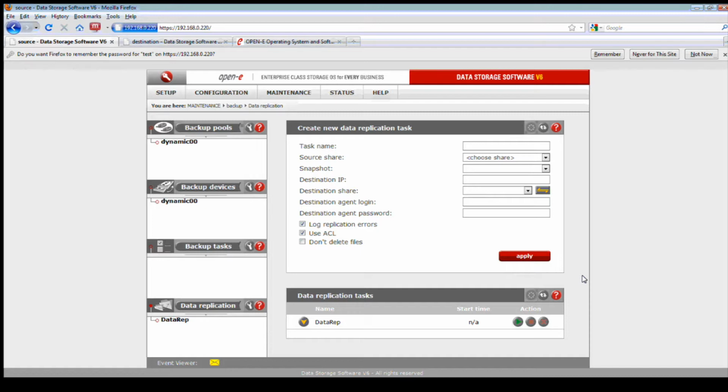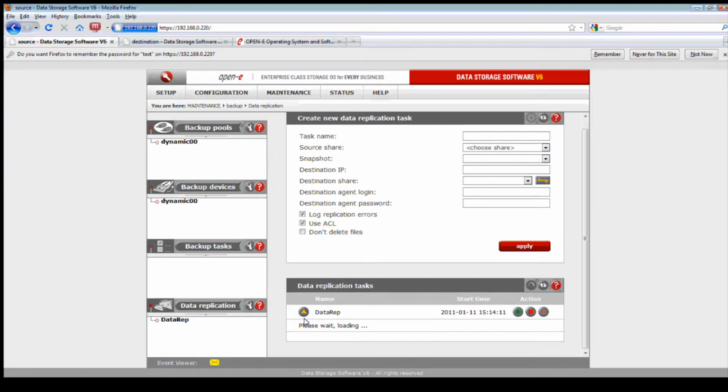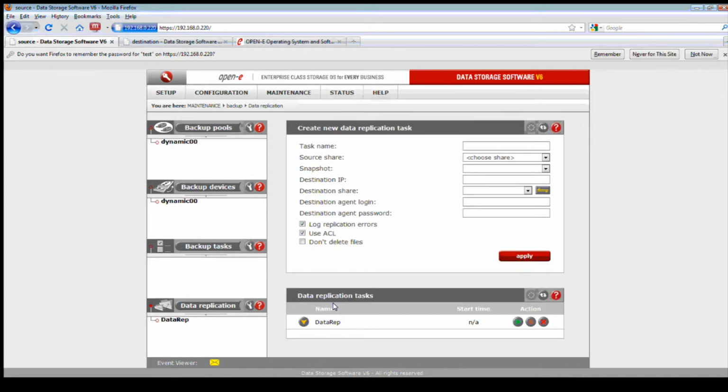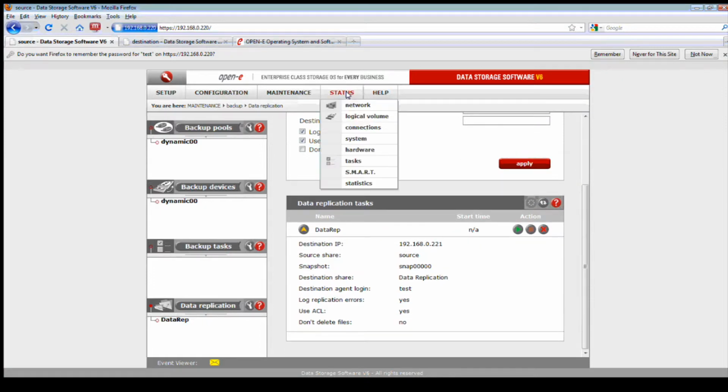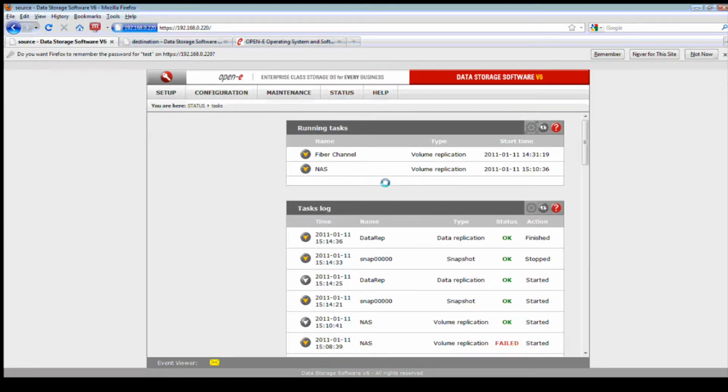There we go. So now we've created our task, and you can specify a start time of weekly intervals, or basically intervals of 10 minutes up to 24-hour periods. In this case, we'll just hit apply and basically kick it off. Now that the task has been created, you can see it on the left here. Once you click on it, you can see more information. And of course, is it scheduled? No. So we're going to force it. We're not going to wait 10 minutes. We're going to go ahead and hit the apply button.